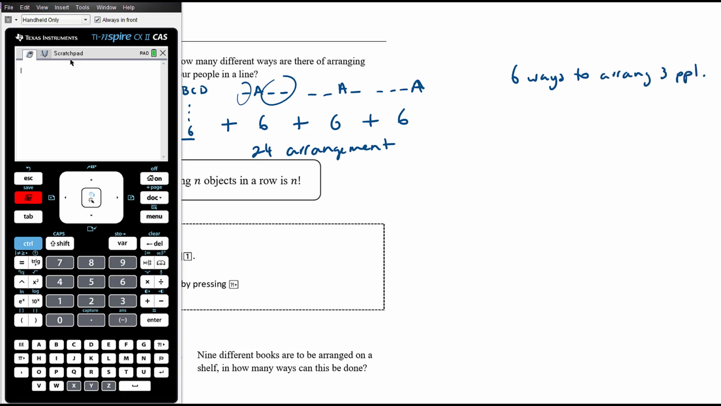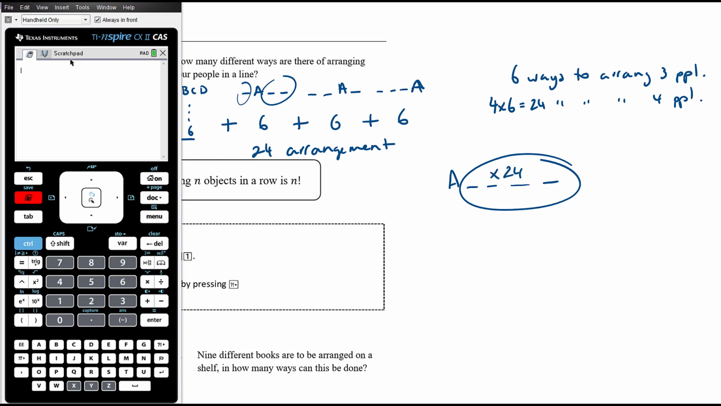Okay. Then we know that there's going to be 4 lots, 4 times 6 ways. So that's 24 ways to arrange 4 people. Then if we had 5 people, we can again fix A, and then we've got 4 other people to arrange. But A can be in any one of the 5 positions, and there's going to be 24 arrangements for each of those positions for A, because the others can be arranged in 24 different